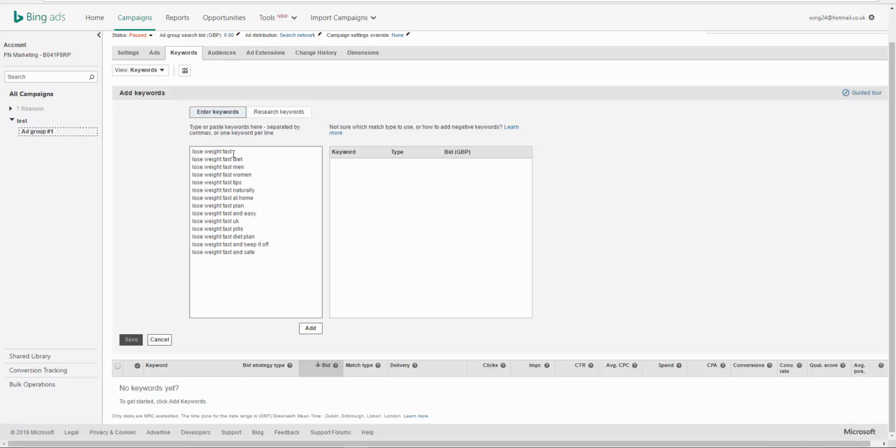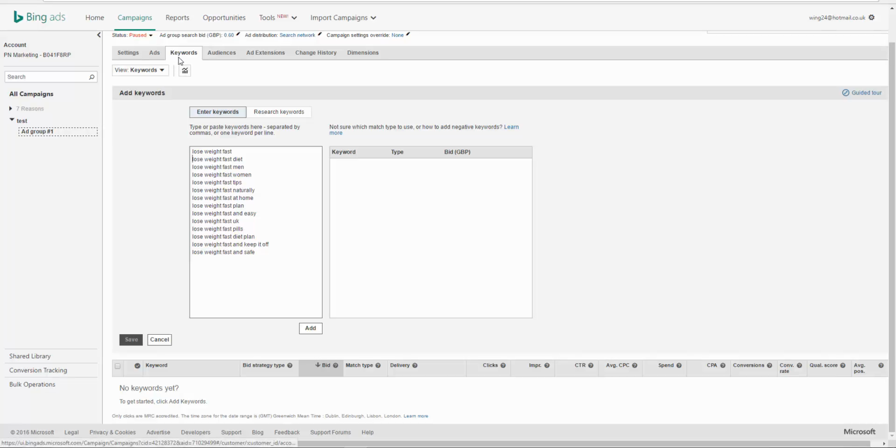The broad match is just the actual keyword on its own. The phrase match is, I believe, the symbols like that, either end of the keyword. And then exact, I think exact is that. I'm pretty sure. I sometimes get those two confused, but I'm pretty sure that that's exact, and phrase is that one there. But we'll find out for definite in just a second, because we're now going to go over to